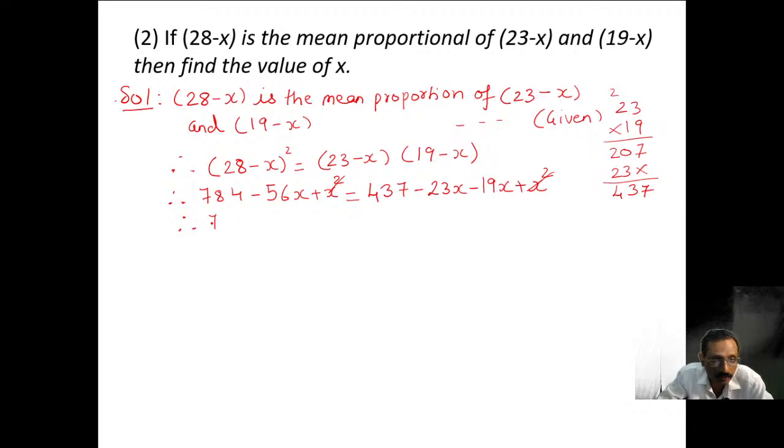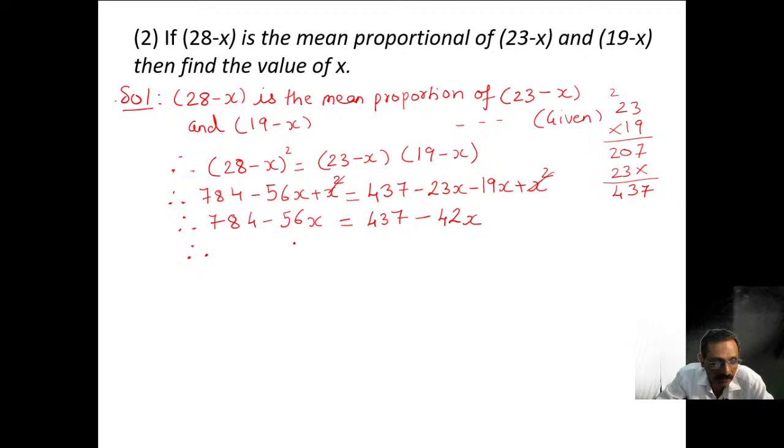Therefore, what do we get? 784 minus 56x, which is equal to 437 minus, what are we getting here? What are we getting here? 23 and 19, 10, 11, 12. Okay. 2 and 1, 3 and 1 carry. I get 42x. Because both are negative, I am adding it. Therefore,